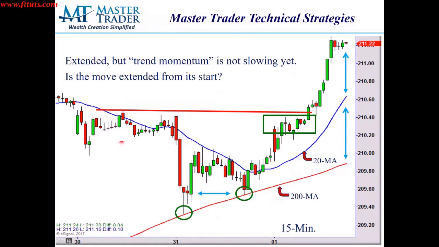So here's an example, extended, but trend momentum is not slowing down yet. We say, is the move extended from its starting point? That's really the key. When moves begin, in this case, you can see that prices were moving down. They got a little climactic there. There was a retest. They started to move up above the moving averages here on the 15-minute chart, and then